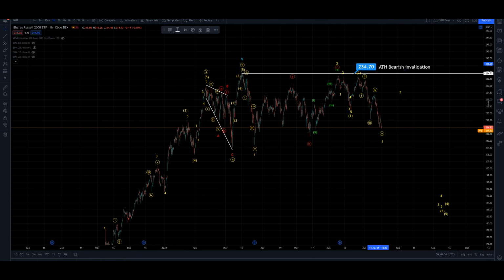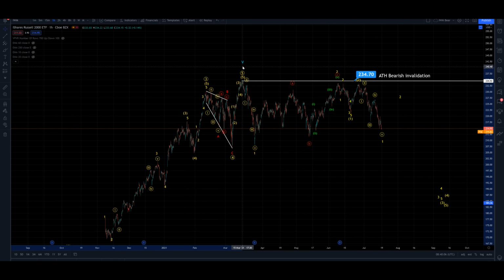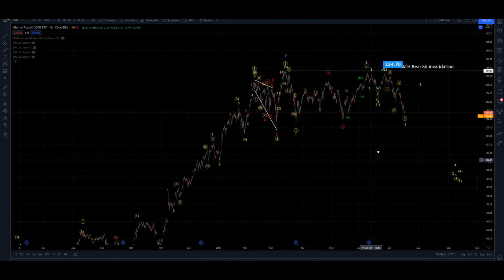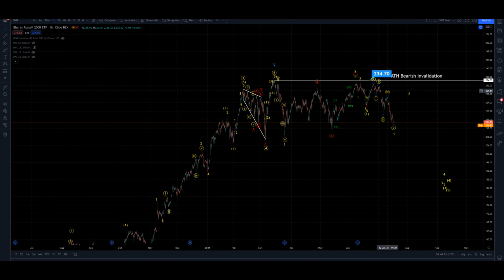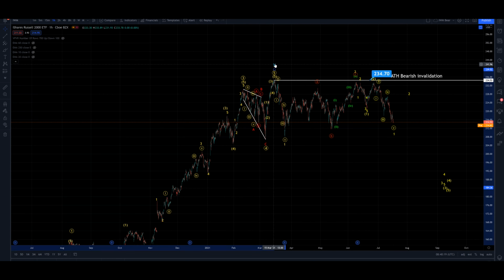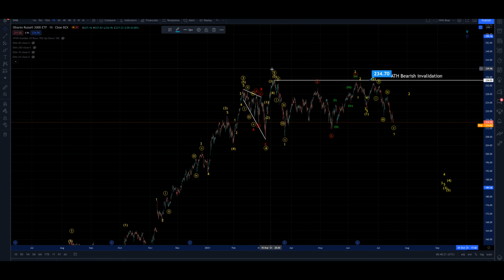Now this calls for a cyclical peak in a wave 5. So this means that the small caps have topped, as in they're not coming back. Now we can reinterpret this because all we need to do is shift the primary degree or the cycle degree over. So this becomes primary degree up here. This now becomes wave 3 up here. The wave 4 moves across in anticipation of a broader correction,